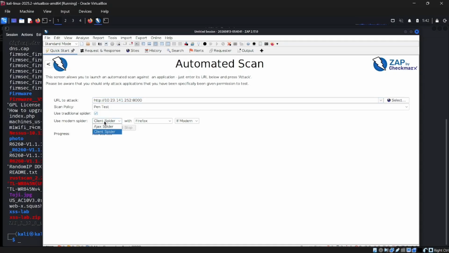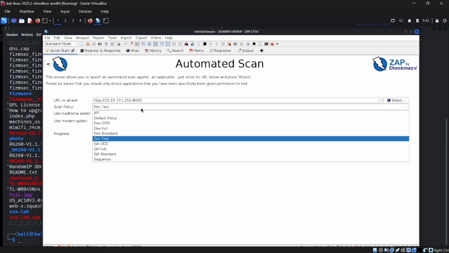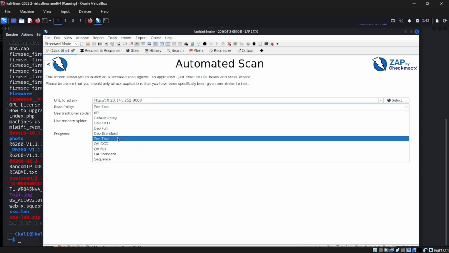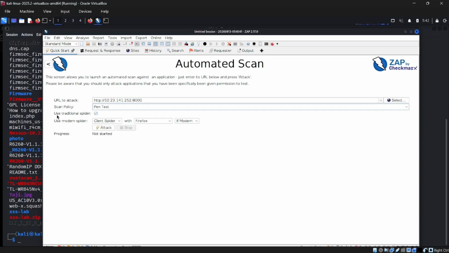Okay, as we enter the URL for that app, after that we have a scan policy. This is the default only. Keep it default, or if you want you can change it. I just want to keep it as pen test only. I will keep it. And after that you need to use the traditional spider, and here instead